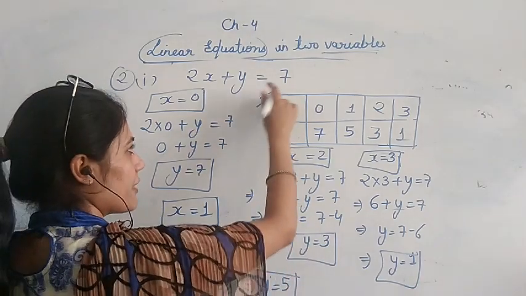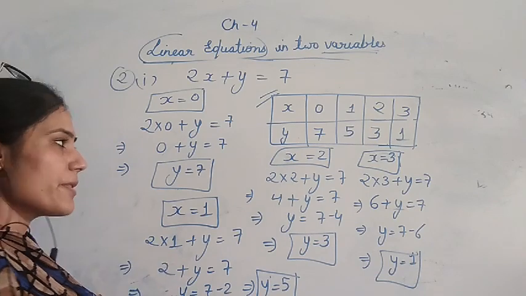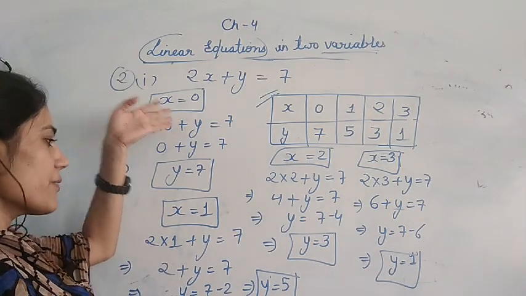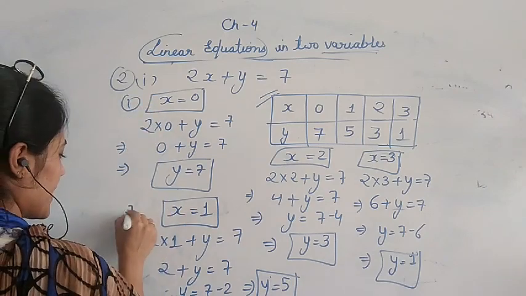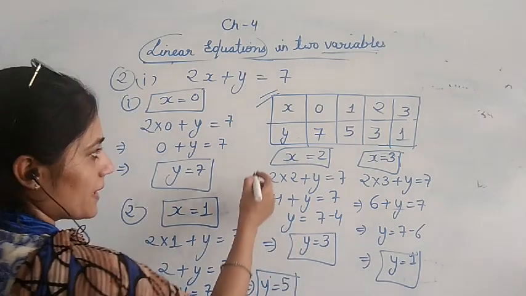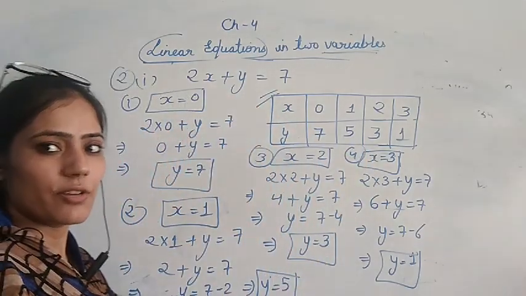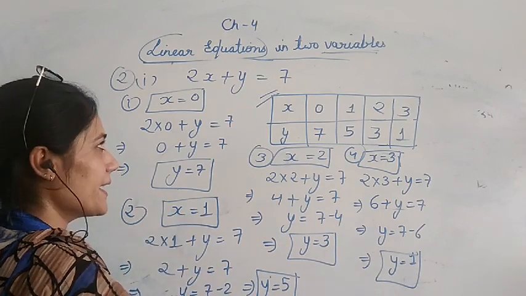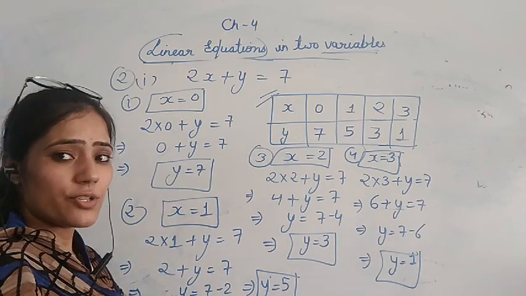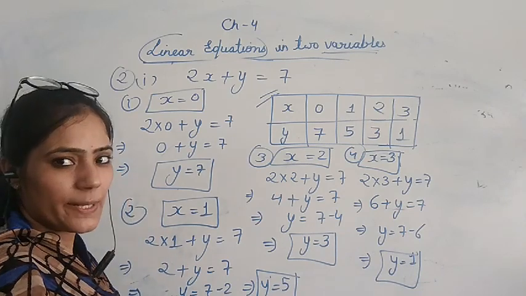These are 4 different solutions for this equation. And this can be different for every person. You can put any value, you will get another value. Okay. So this is the first one, second one, third one and fourth one. These are the 4 solutions of this equation. If you want to write, you can pause the video and write. You got it? How to find 4 solutions? We can find 4 solutions of any equation by this method.